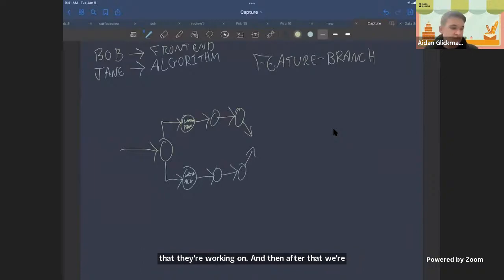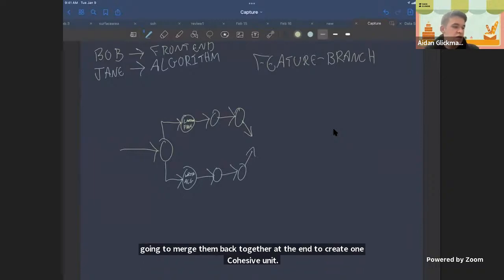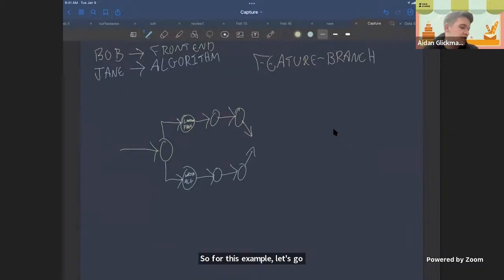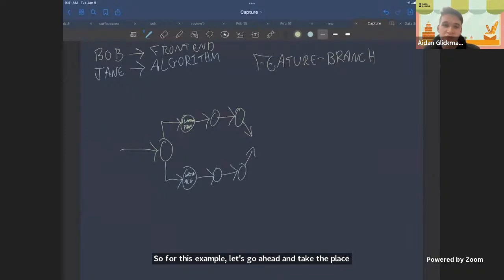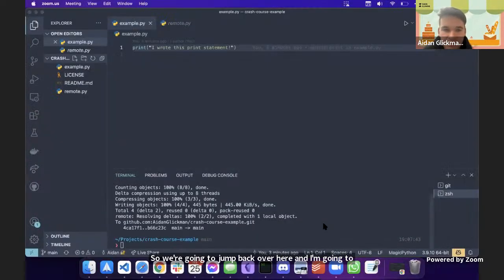So for this example, let's go ahead and take the place of Jane, because I don't feel like writing any sort of thing that could be misconstrued as front end right now. So we're going to jump back over here, and I'm going to switch my share back to my desktop. Okay, so we're going to take the role of Jane here,